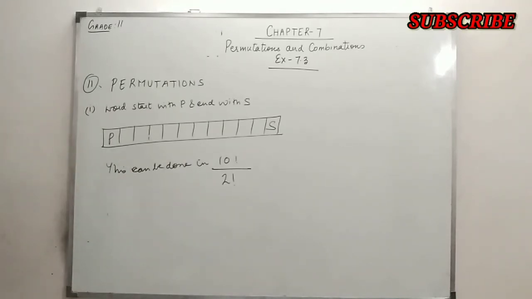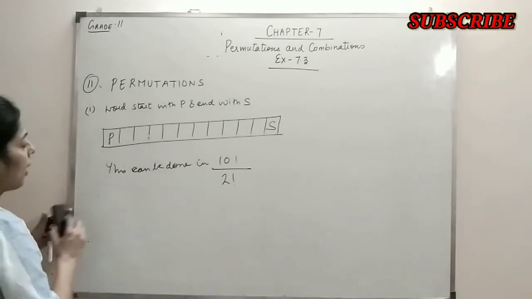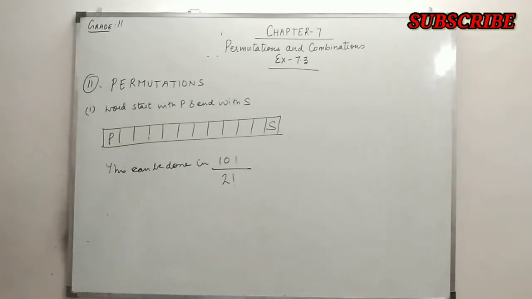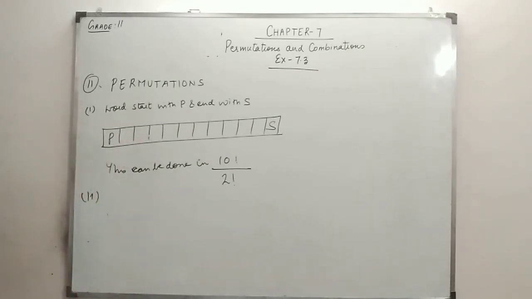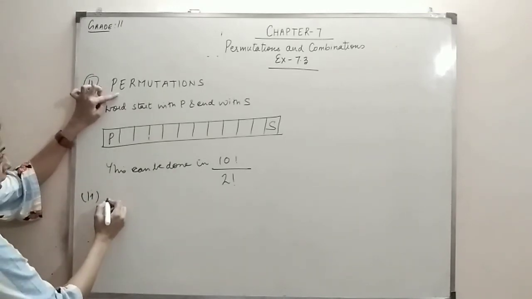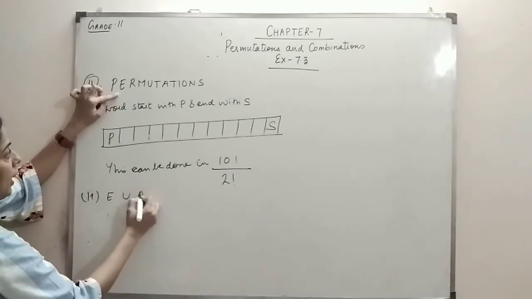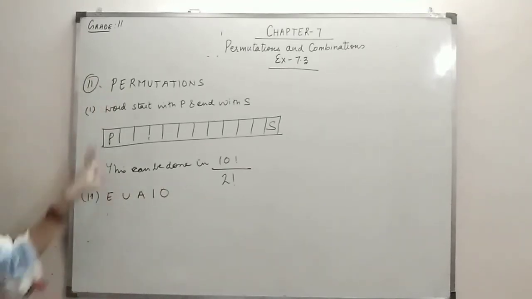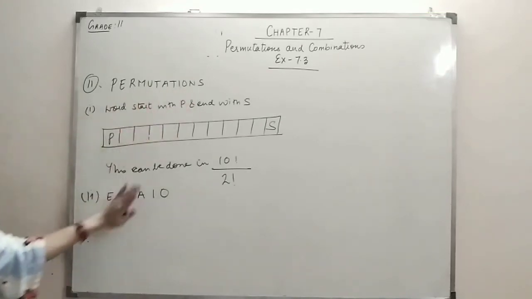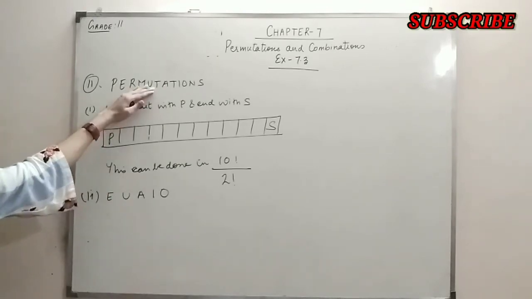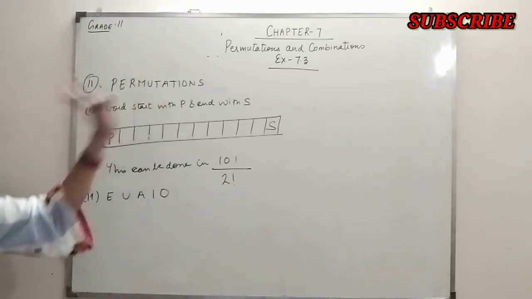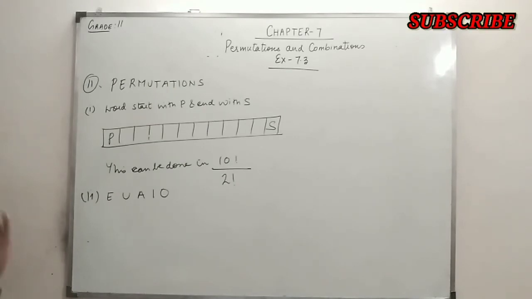Okay. Now the second part. In the second part, what they are saying is that all the vowels come together. Let's see how many vowels are there. That is E, U, A, I, O. You see that in this combination E, U, A, I, O, there are 5 distinct vowels. If out of 12, 5 are vowels, it means 7 are consonants. And out of 7, again T is repeating 2 times.